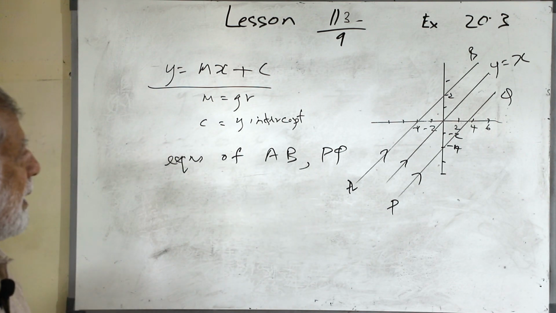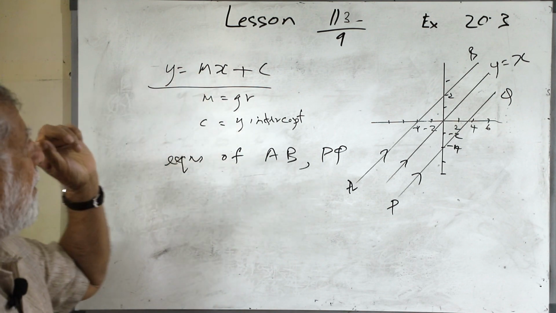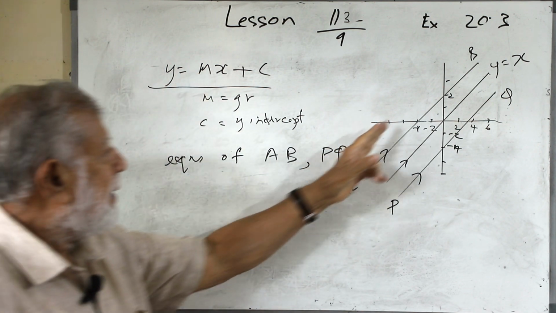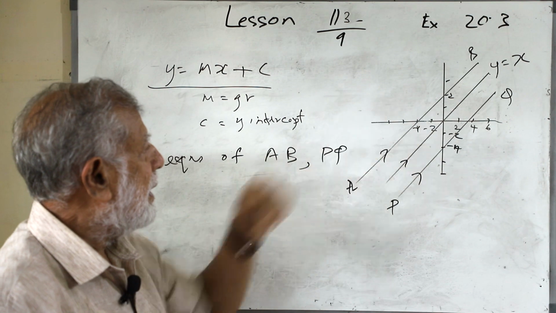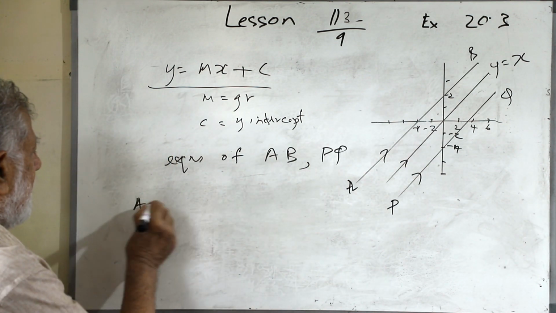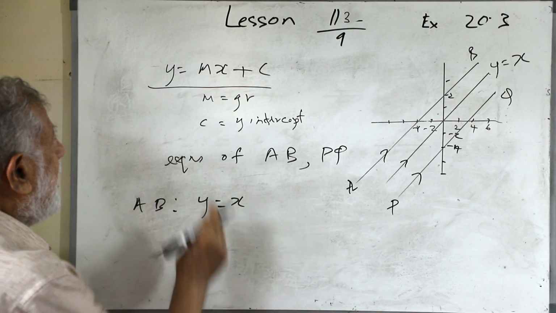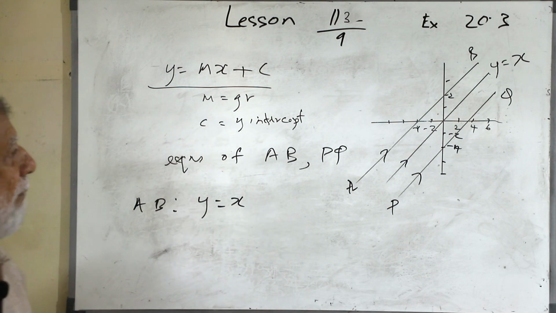So, if we want to write an equation for line AB, first of all we must know the gradient. So, because the lines are parallel, here also the gradient has to be 1. So, for AB, the equation will be y is equal to x and c is the y-intercept, where it is